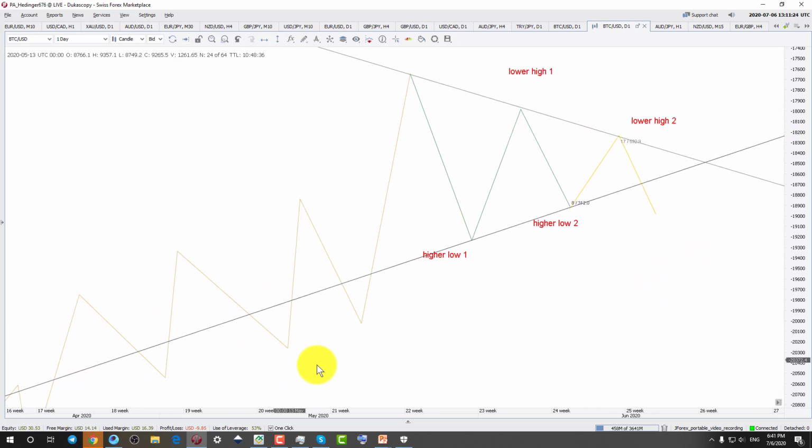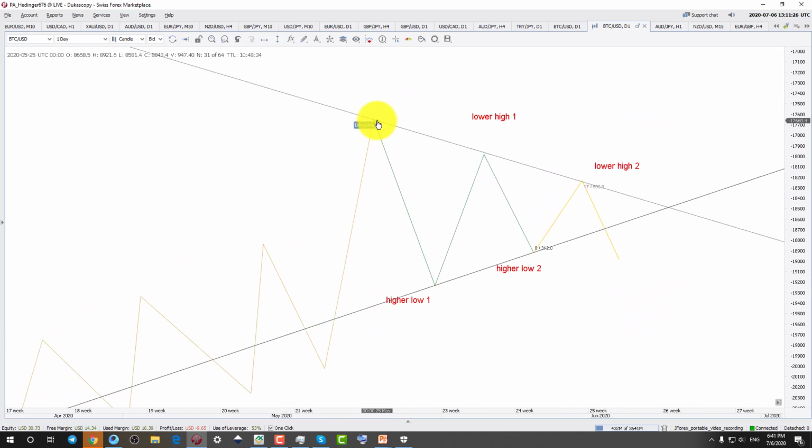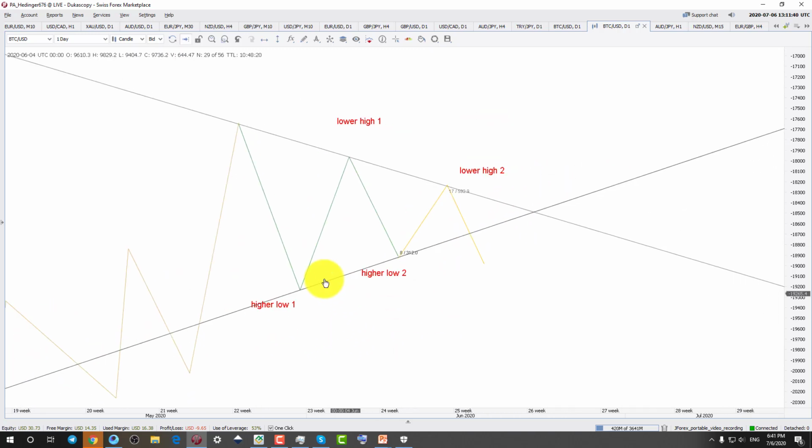You see, there was a trend, uptrend, the price made a high, then it failed to make a higher high, and it actually made a lower high, and then after it made a second lower high. In the process it also made two higher lows. Now this formed a symmetrical triangle because it is neither a descending triangle, which we have already discussed in the previous videos, nor an ascending triangle, because it is having lower highs and higher lows.